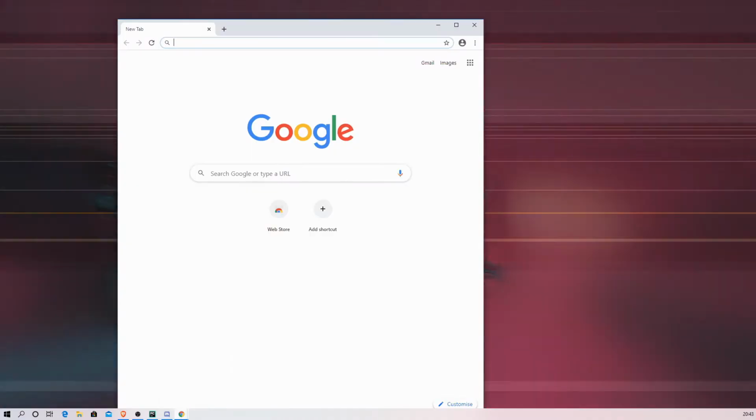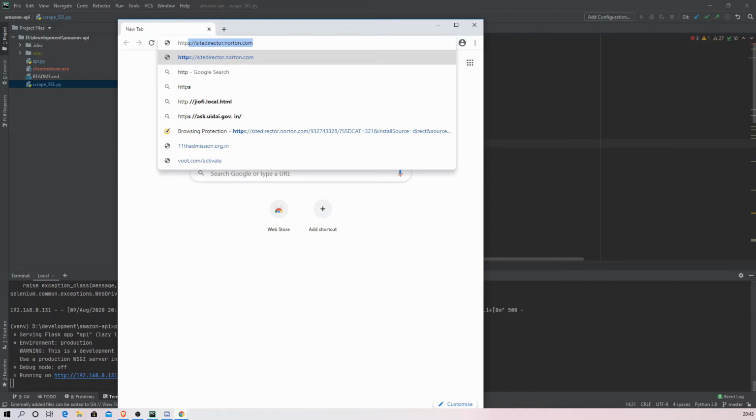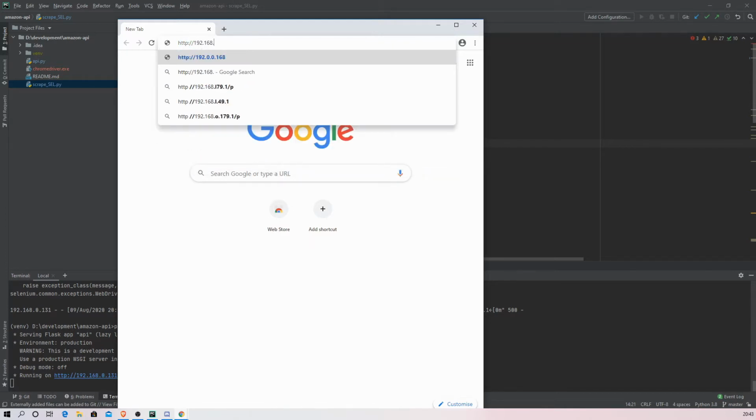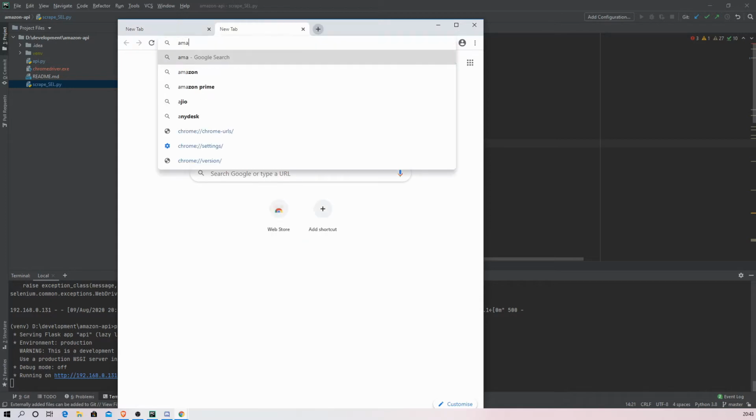Okay, we'll just use Chrome for that then. So we're going to make the same request, so http, then we're going to paste that in: 192.168.0.131 and then port 9200, the one we had mentioned in the config when we started the API. So /api/amazon and the URL parameter, and let's just get that Amazon product again, amazon.com,